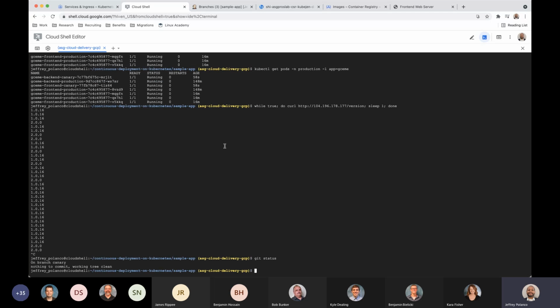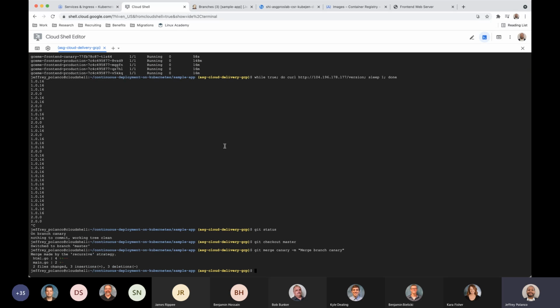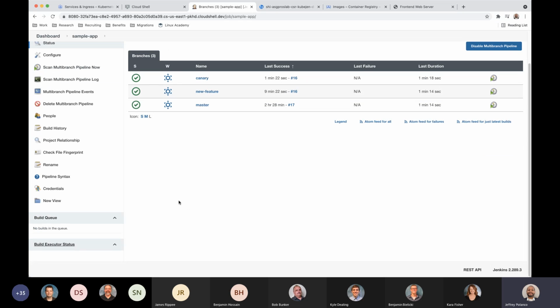So almost at the finish line, let's switch over to the master branch. And now I don't need to modify any code. I just want to merge my code from the canary branch to the master branch. Success. And now I want to push this to Cloud Source Repositories. Okay, success. All right. Roughly 2 more minutes before the Q&A section opens, once this build completes in less than